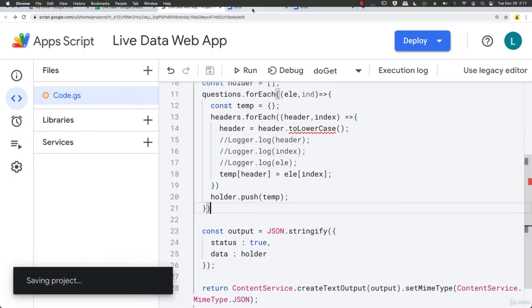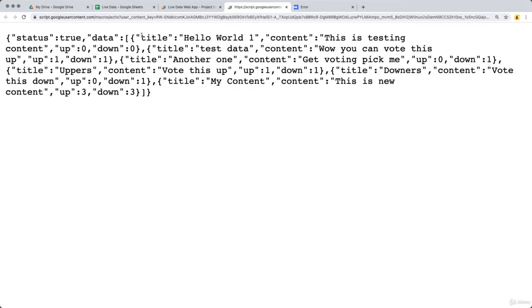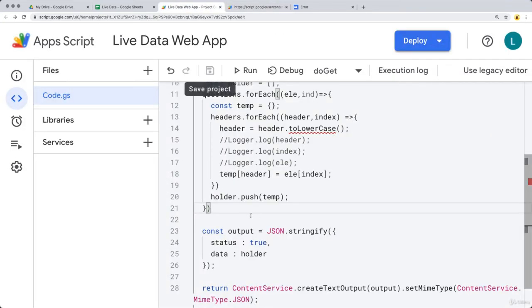And we can return back the holder output. Let's do a refresh of the dev. So now we've got the title, hello world, content. This is testing content, up, down. And we need to also add in one more item here into the temp, and that's going to be the row value. So the row is going to be whatever the index value is plus